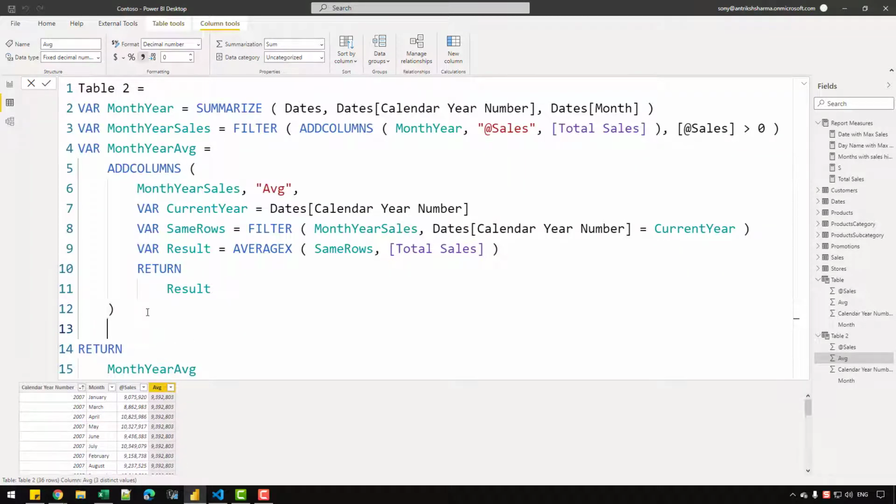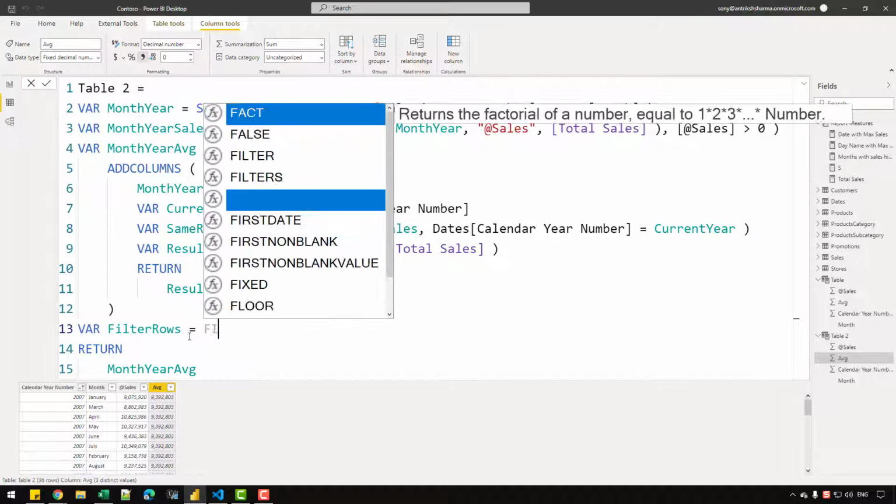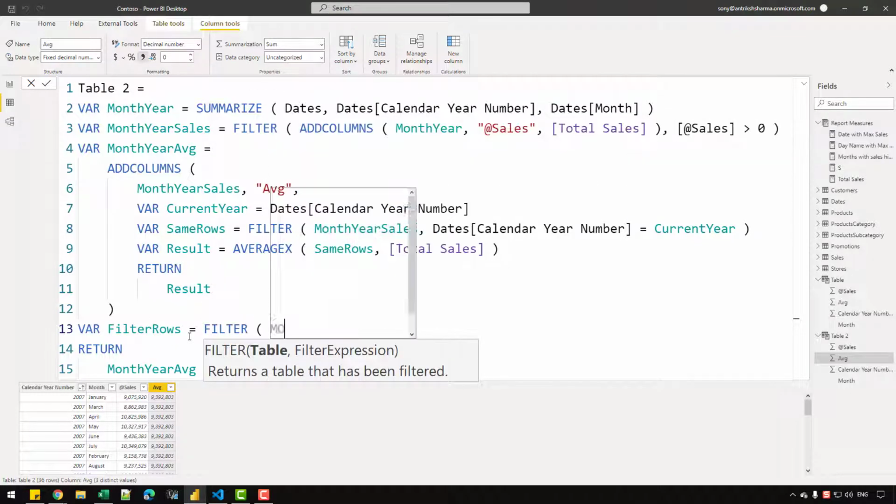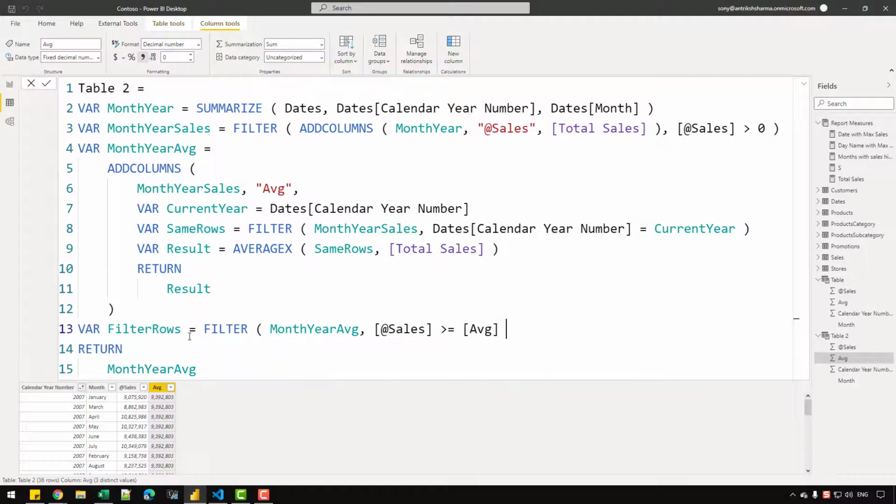and in the next step what I can simply do is identify all the rows in this table where the sales amount is actually greater than the average column, and for that I can write another variable. I can simply write filter rows, and let's write filter over the month year average, and I'm going to simply check that the sales column is greater than or equal to the average column. So let's return this variable,